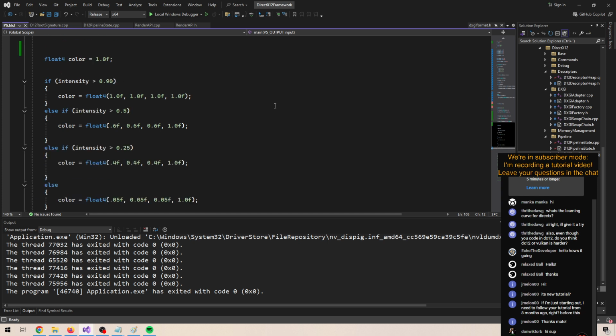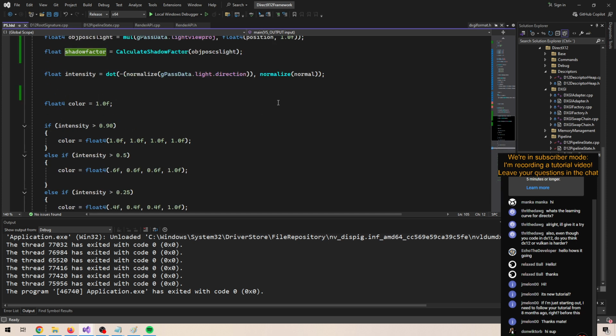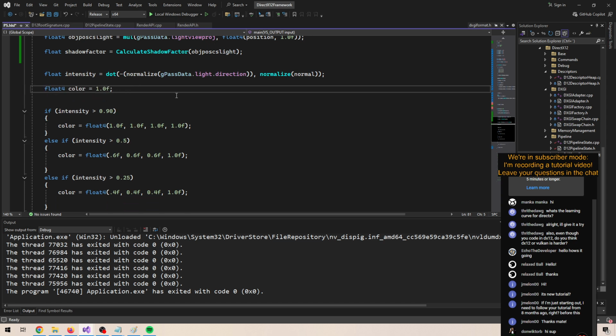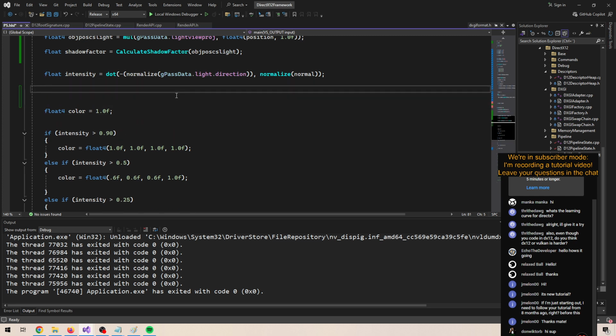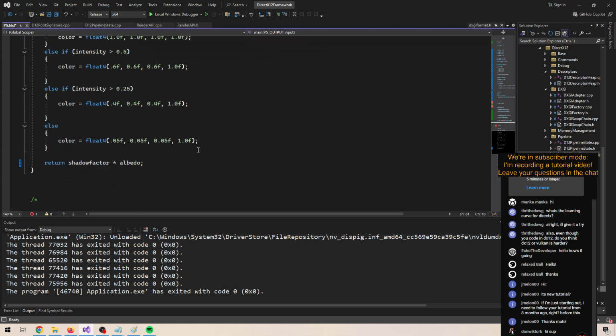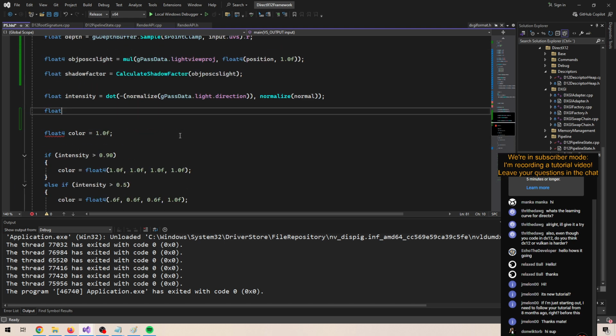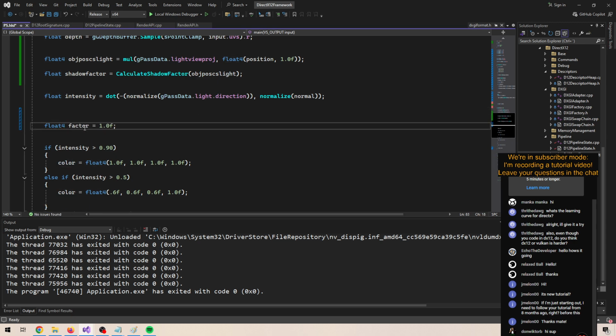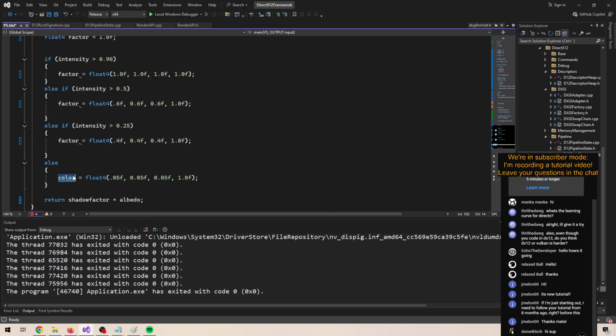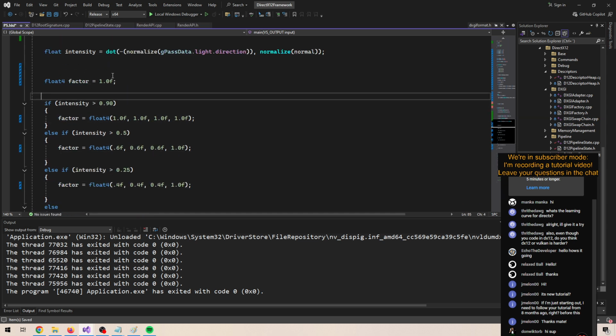Maybe okay. So in order to use our intensity, we could do some intensity steps. Yeah, you could obviously mess around with how this is computed. We could also do something like a diffuse color of sorts. So float color. This is just a basic factor that is. Let's do factor here instead. Okay. So we have a factor